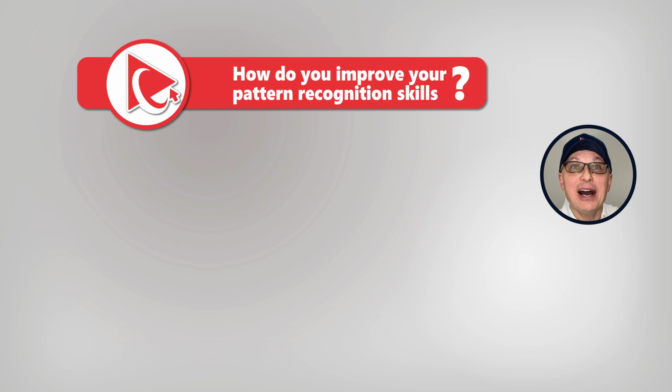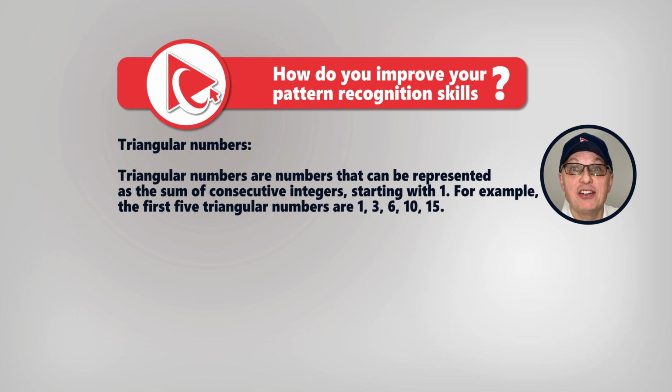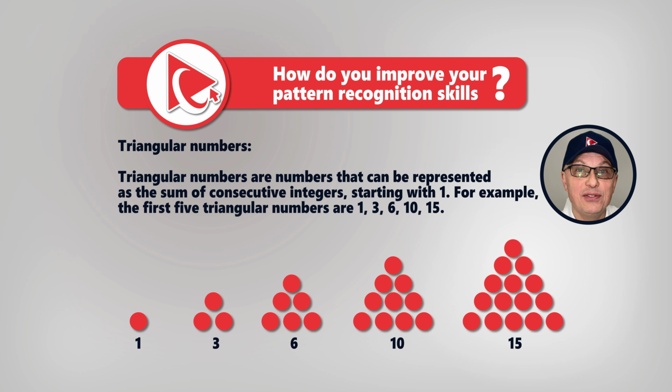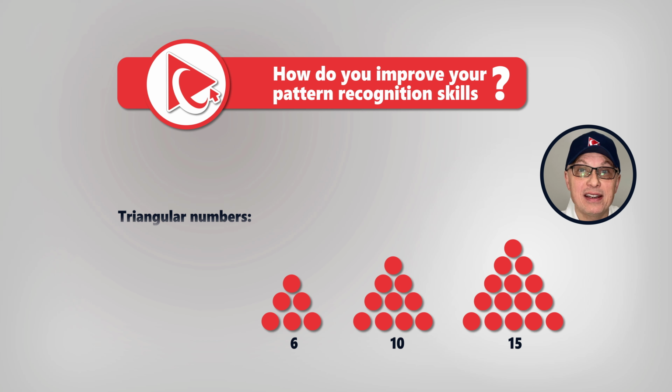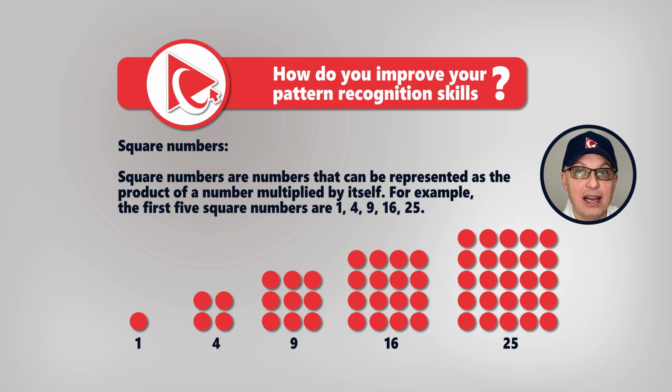I get a lot of questions on how to improve your pattern recognition skills. Let me share with you 3 common patterns we frequently see on the test. Let's start with triangular numbers. Triangular numbers are the numbers that can be represented as a sum of consecutive integers starting with 1. For example, the first 5 triangular numbers would be 1, 3, 6, 10, and 15. Next one on my list are square numbers. Square numbers are the numbers that can be represented by a product of a number multiplied by itself. For example, the first 5 square numbers are 1, 4, 9, 16, and 25. Because 1 square is 1, 2 square is 4, 3 square is 9, 4 square is 16, and 5 square